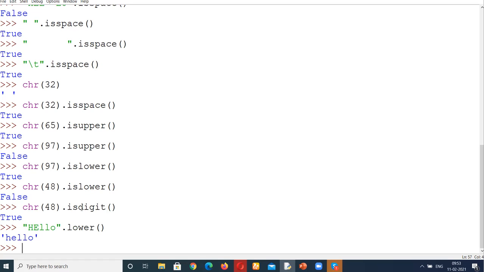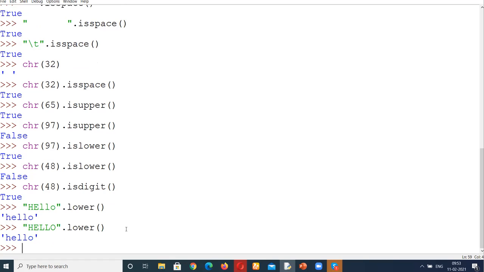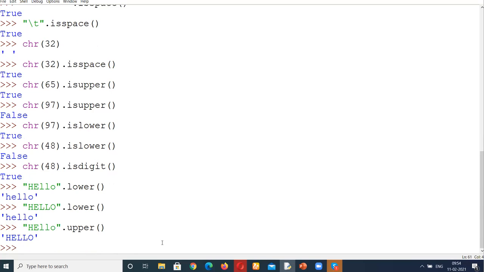It is working perfectly. Similarly, you can see all these characters are now in small letters. And if I write this completely in capitals, you can see it is showing me small letters. Same thing if I give something over here. So this is how lower works. Similarly, I write the same thing and then write upper here. In that case, you can see it is working perfectly.